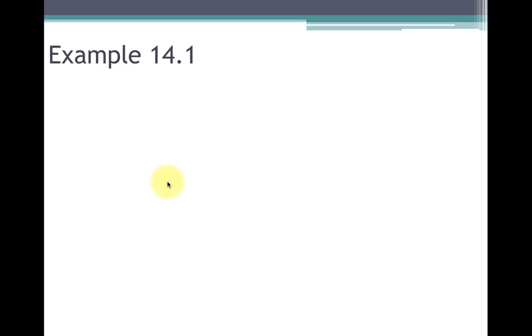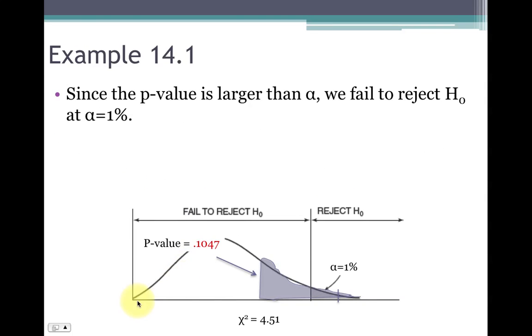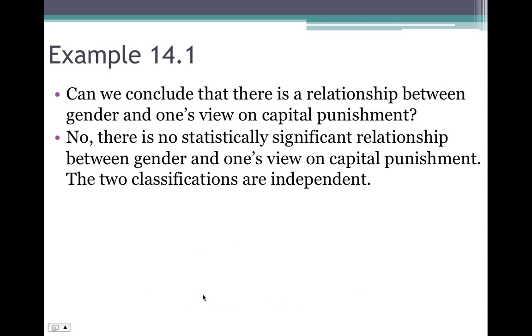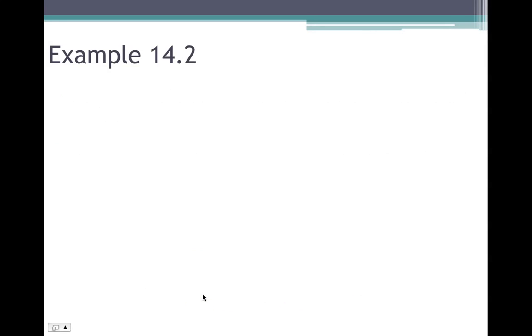So going back to the picture, over here you have independence, and over here you have dependence. If your p-value is bigger than alpha, you have independence. If your p-value is smaller than alpha, you have dependence. Our p-value came out bigger than alpha, so we have independence. Example